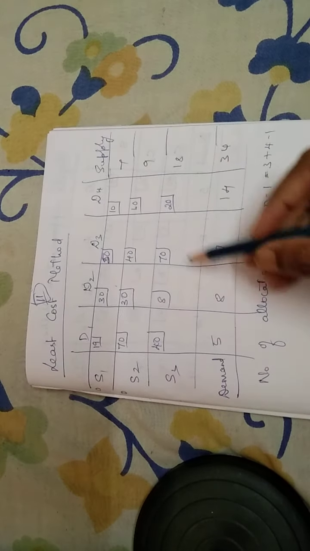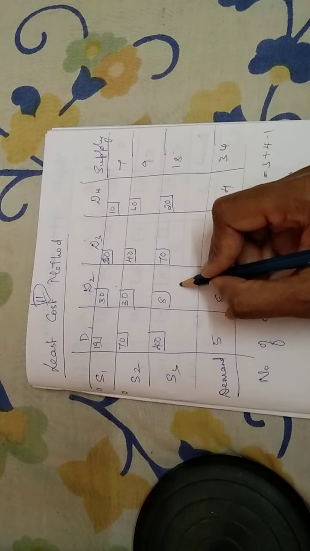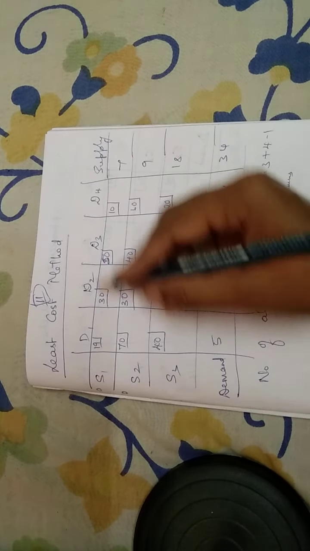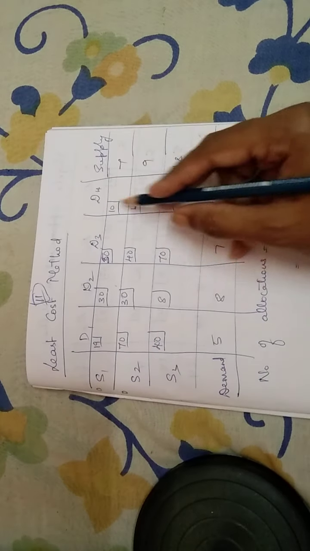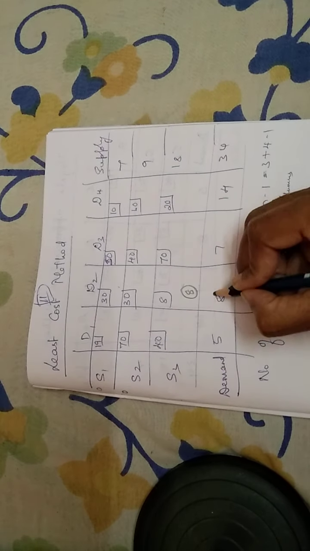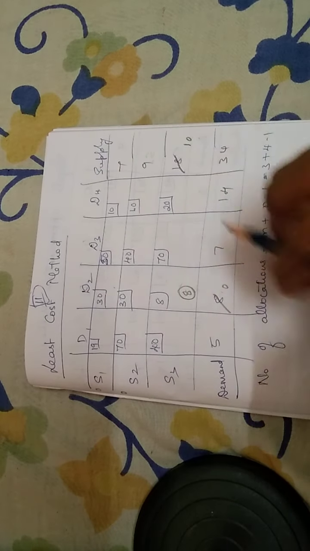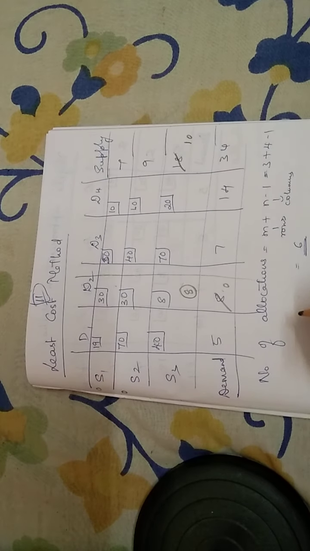So what I have to do is identify the least cost here. If you identify the least cost, 8 is the least cost from among the costs that are given within the boxes, right? So I compare 8 with the 18. So 8 is the allocation I can make. So here I am left with 0 and here I am left with 10. So I cannot make any more allocations here.